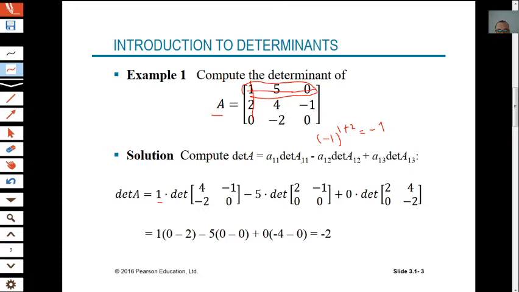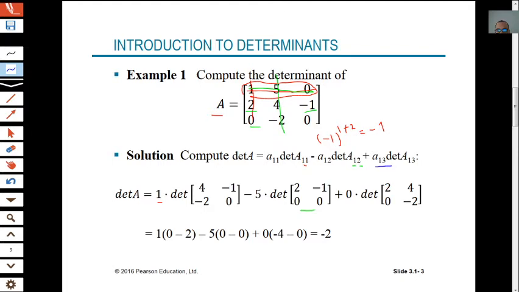Since we have bigger A11, it is obtained by cancelling the first row and first column, and the remaining numbers form this matrix: 4, minus 1, minus 2, 0. Similarly, for the second term we have 5, the second entry in the first row, determinant by cancelling the first row and the second column. First row, second column, we have 2, minus 1, 0, 0, plus